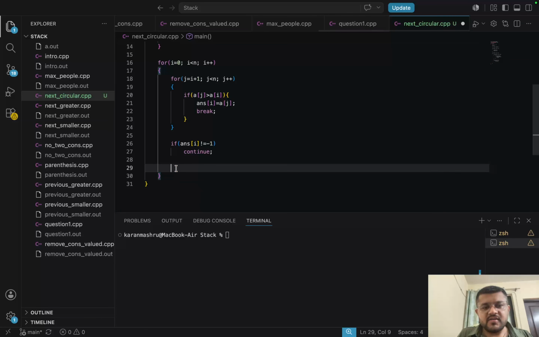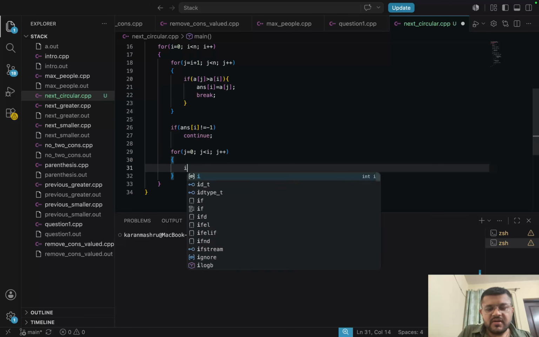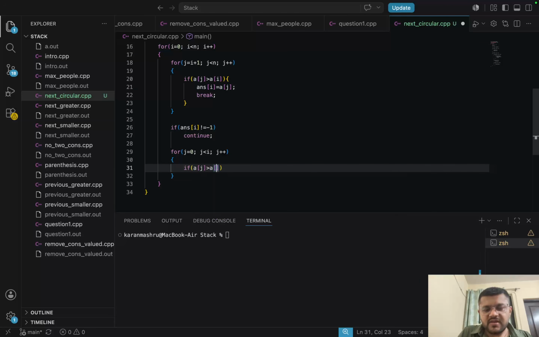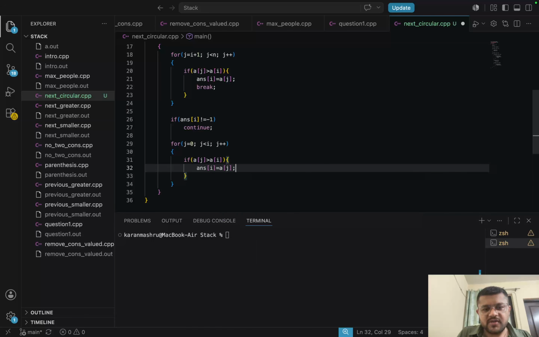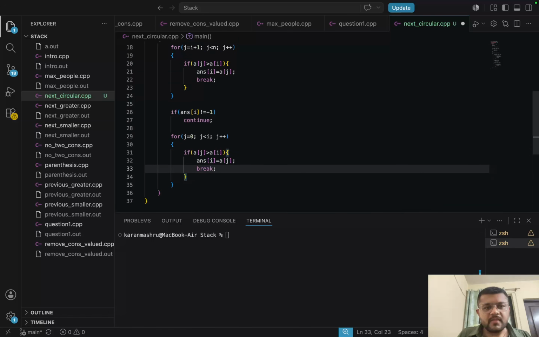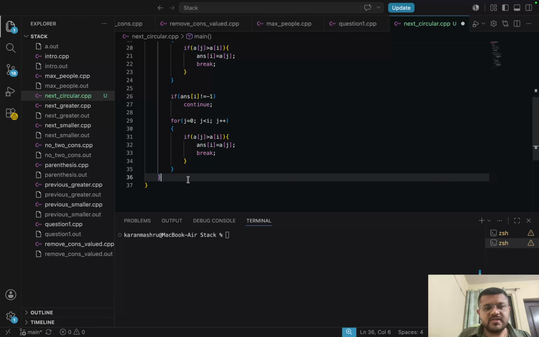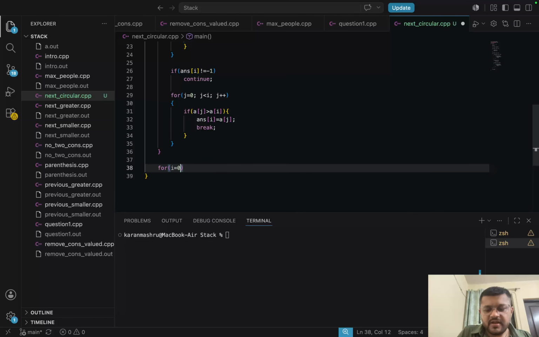Otherwise I'll run another loop, that is for j equal to 0, j is less than I, so it will go till I minus 1, j plus plus. If a of j is greater than a of I, then answer of I is equal to a of j, and I'll break. That's the idea, and now I'll print the array elements.